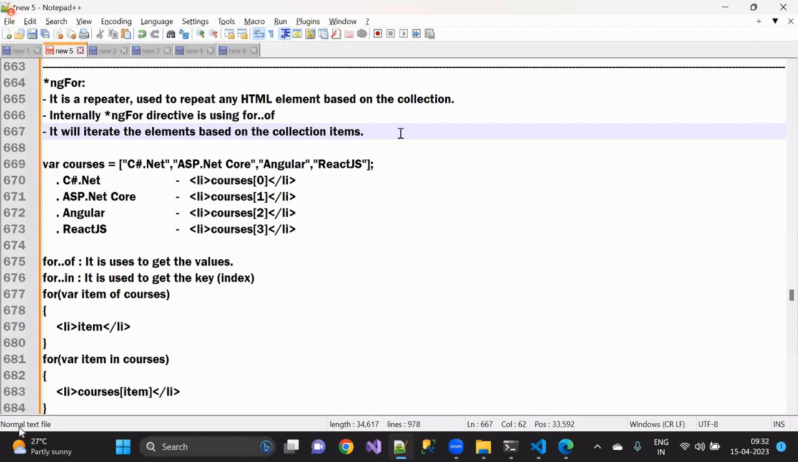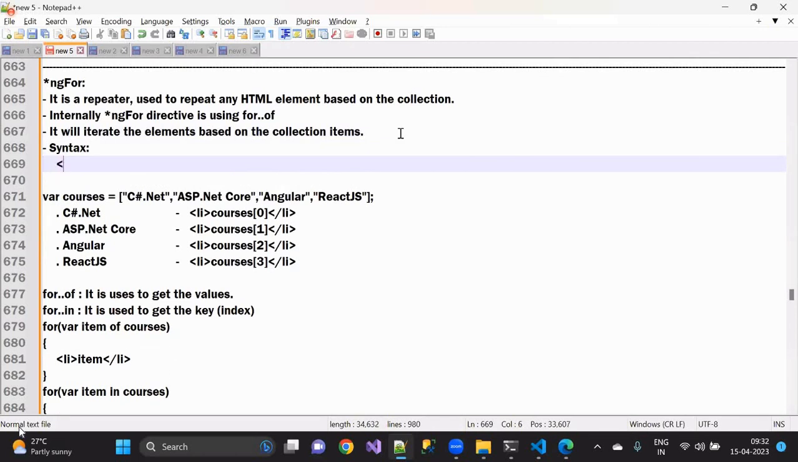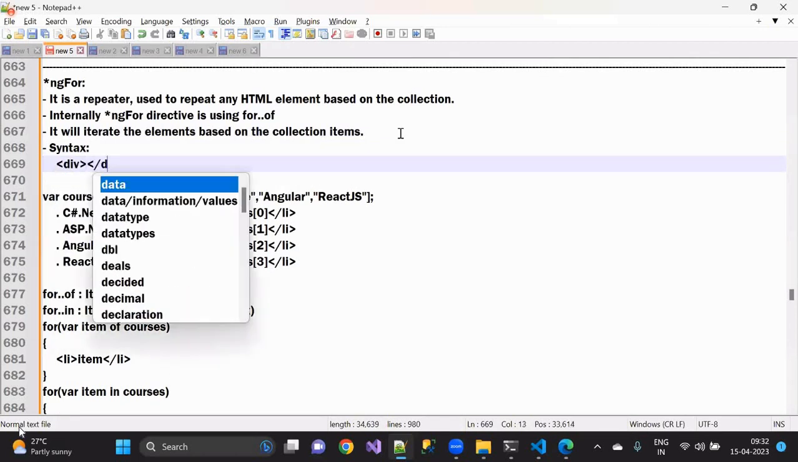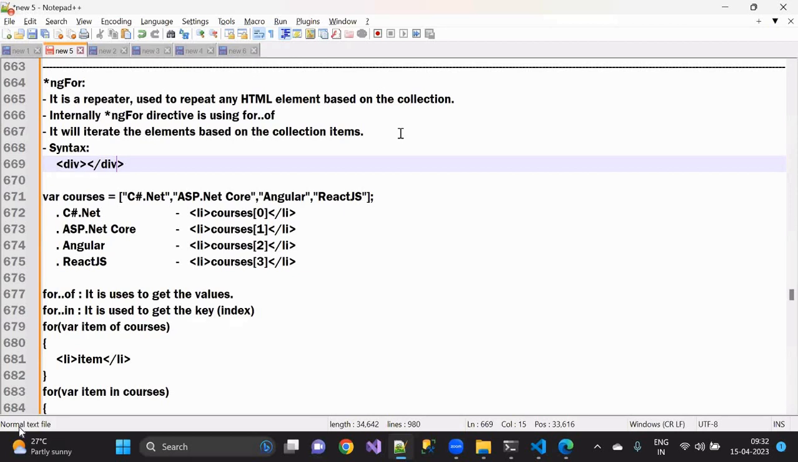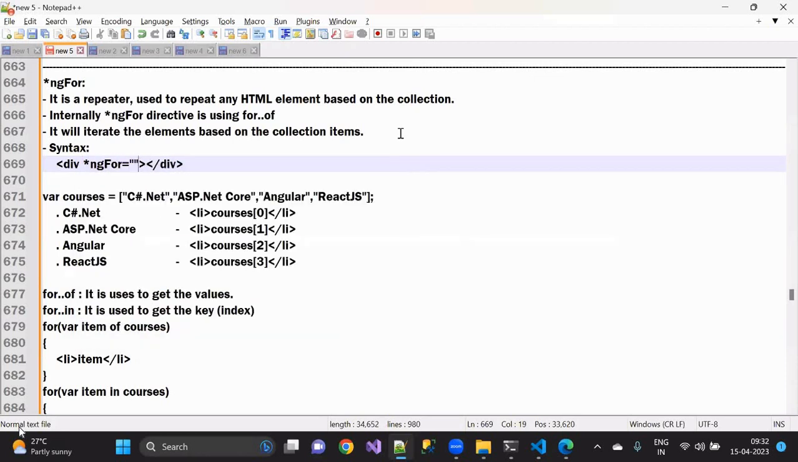So what element is getting iterated? That depends on the syntax that you have provided. That means, suppose I take a div tag. Maybe I can take a div tag. I wanted to iterate this one many number of times. Then what I can do? Simply, I can use ngFor is equal to